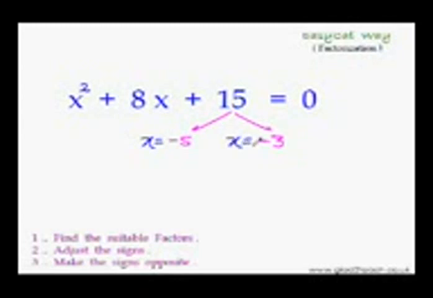Now, if you're ever in doubt, then you can always double check your answer by putting the values of x that you have found back into the original equation. If the left hand side comes out equal to the right hand side, then your answer is surely 100% correct. So let's put this value of x in this equation. Minus 5 squared is positive 25, and 8 times minus 5 is minus 40, and this is plus 15. 15 plus 25 is 40, and 40 minus 40 is, right, 0.